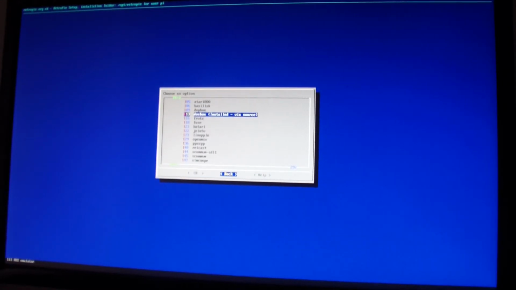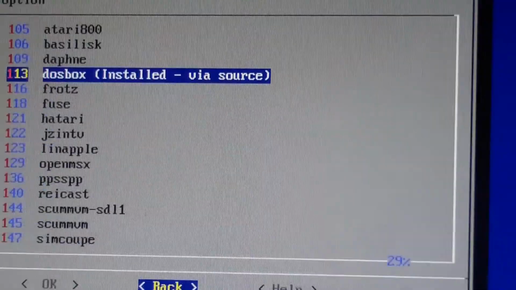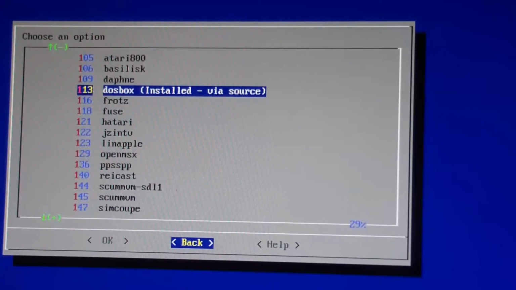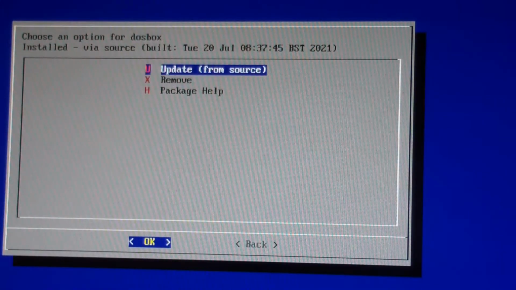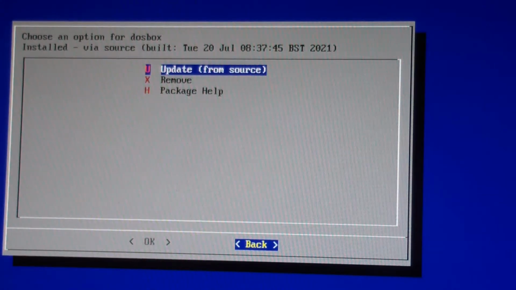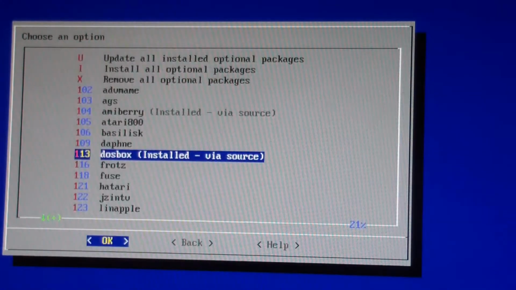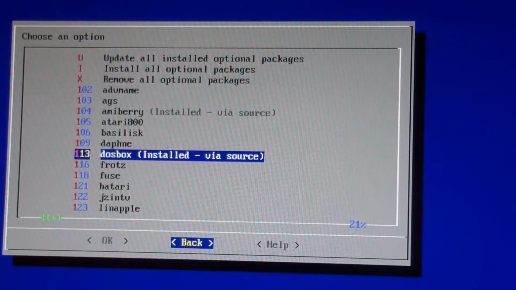I'll zoom in a little bit. Let's see, there it is. Dosbox. I already installed it, but if you want to install it, just go right in. And then it'll give you an option to install. For me, I can't install it again, so I just have to update if I want the latest version. So you just install it here, and then it will take maybe a few minutes or whatever. Maybe 10 minutes, and then after you finish you go back